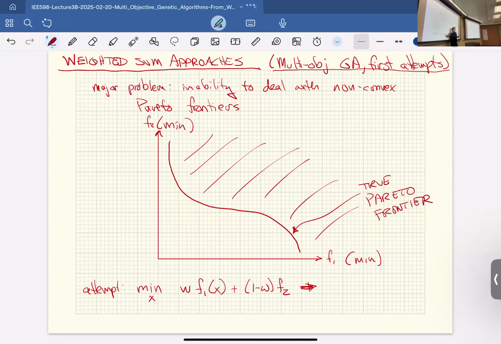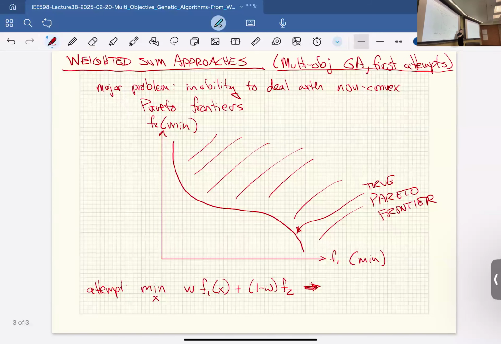So let's say you do this for all of these different W's. What you're going to end up getting is something along the lines of, at the equilibrium for each W, partial F2 over partial X over partial F1 over partial X is equal to